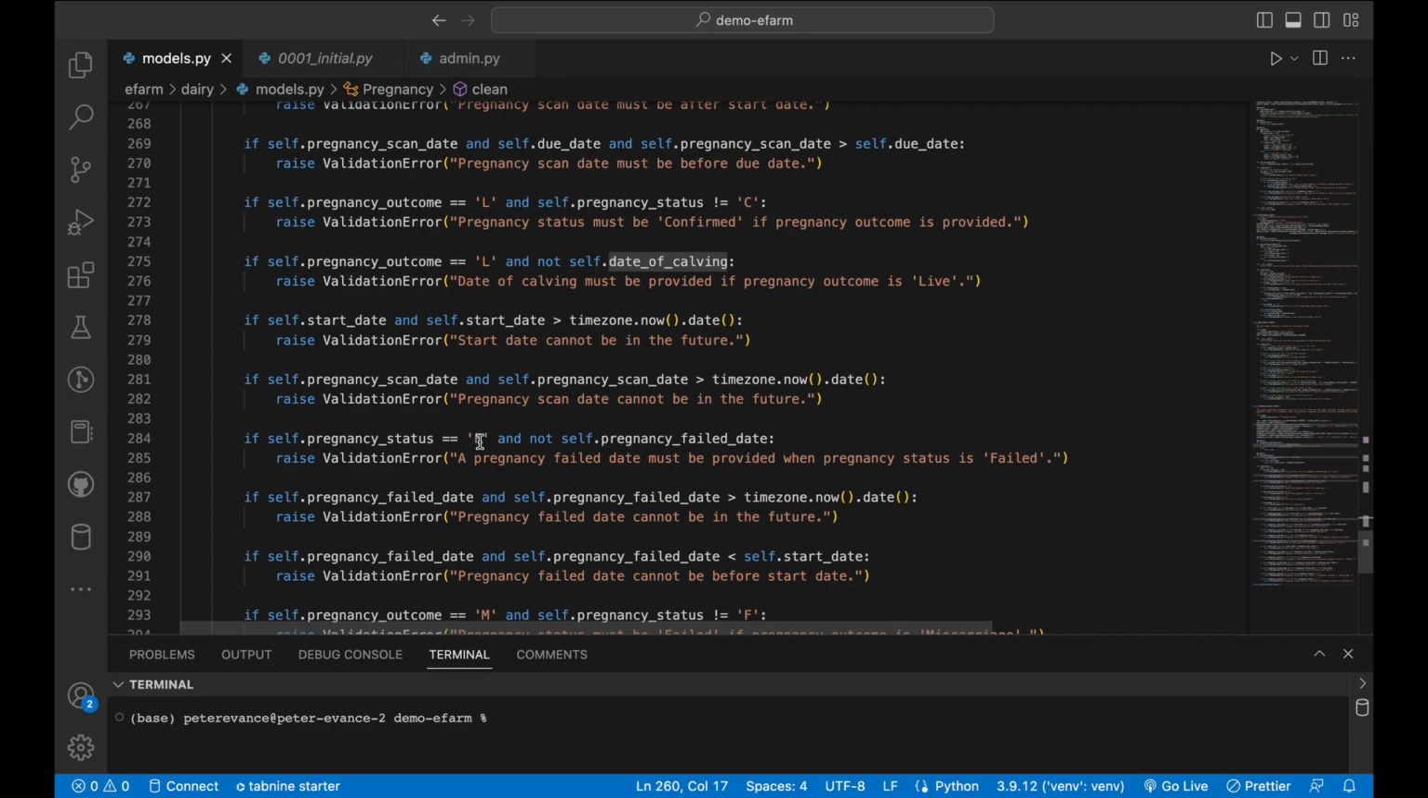If the pregnancy status is F, equating to failed pregnancy, and the pregnancy fail date is not provided, it will raise this error: a pregnancy fail date must be provided when the pregnancy status is failed. The pregnancy fail date cannot be in the future, and the pregnancy fail date cannot be earlier than the start